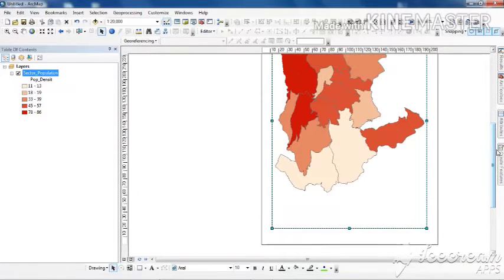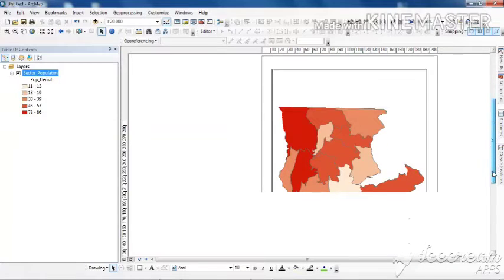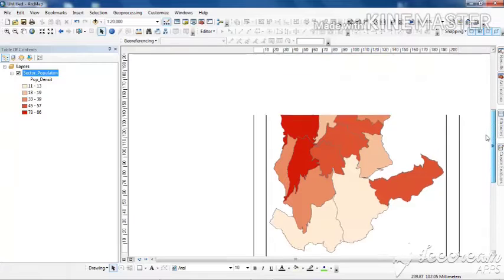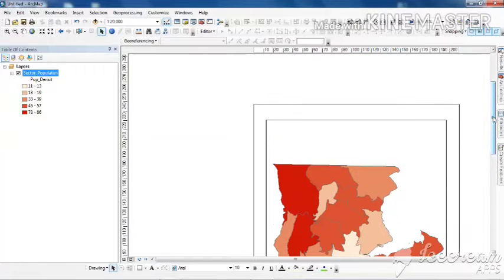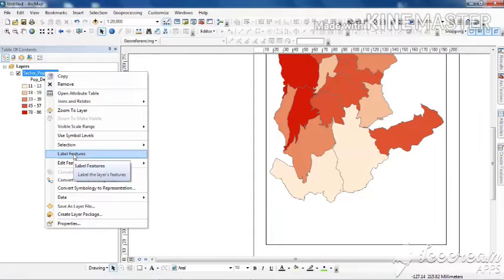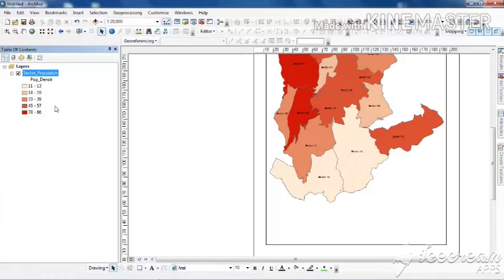Yes, almost. Now in the very first, let's increase it a bit to make it much more visible or much more acceptable. Let's get our data ready in the way that I will first of all label the feature.